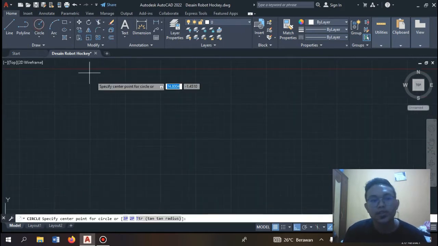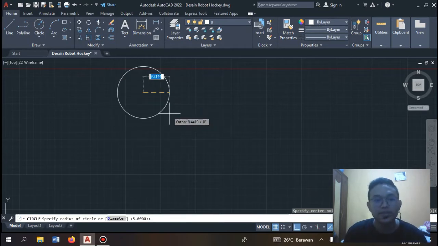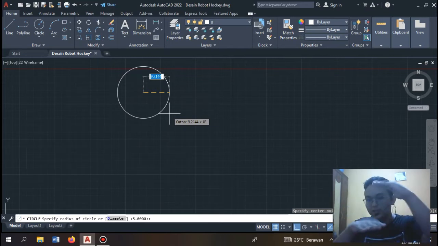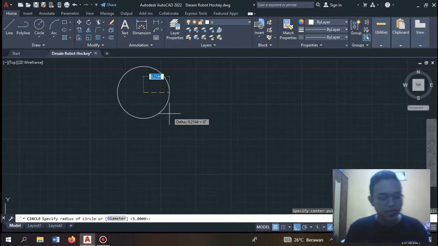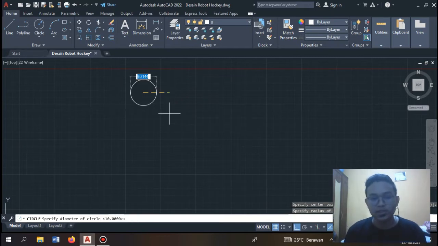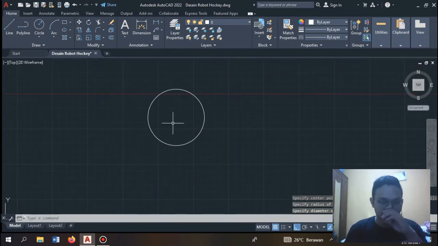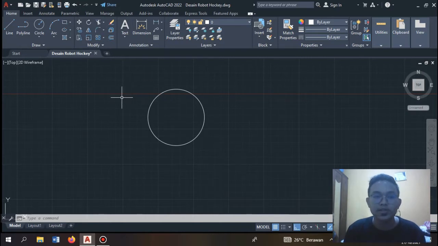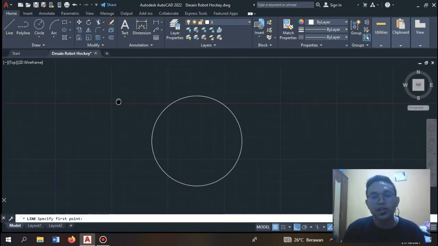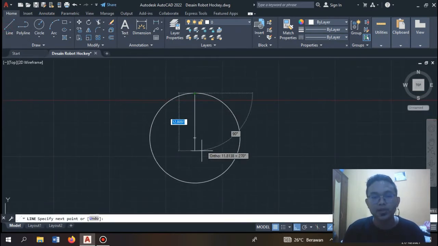Yes, this is the layer first. First, we have to make the layer below in here. The diameter is 20. So we start by building a circle that has a 20 diameter, and then after that we have to make a helper line